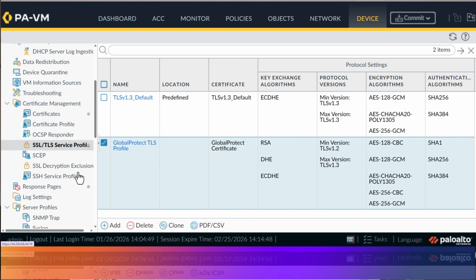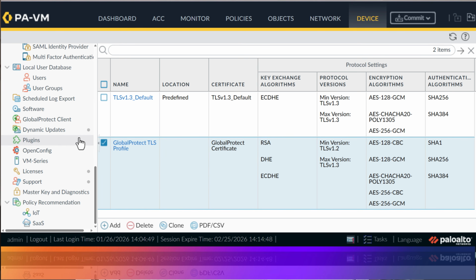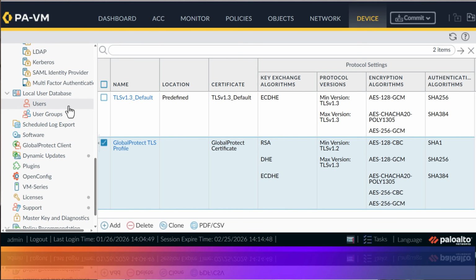Okay. So now what I want to do while I'm still here is I'm going to actually configure some users, some local database users. I think I might need to go down here. Yes. So I'm going to configure some local database users. What this means, local database is, and we'll get into user ID and users in a later lesson. But if you're not familiar with local database, it's kind of what it sounds like, but it's specific to users. So it's going to be a set of usernames and passwords that exist on the firewall itself,